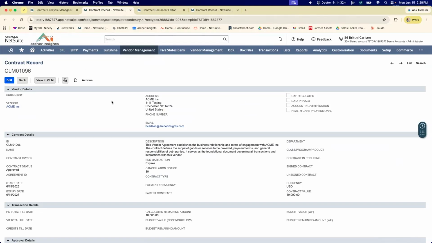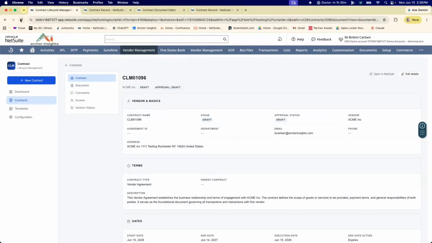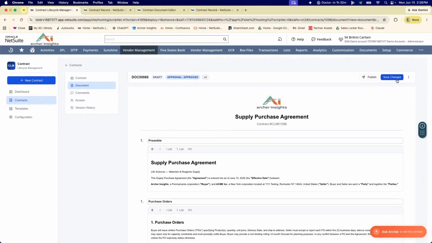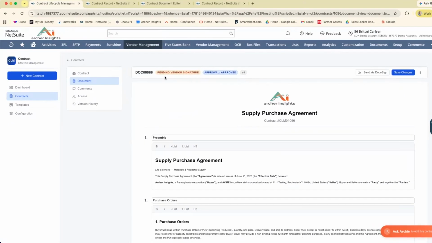Now that the contract is approved, we'll switch back to the CLM tab and we'll refresh. You're able to save changes or publish the document. Go ahead and publish. You can see that it is pending vendor signature, it is approved, and we are ready